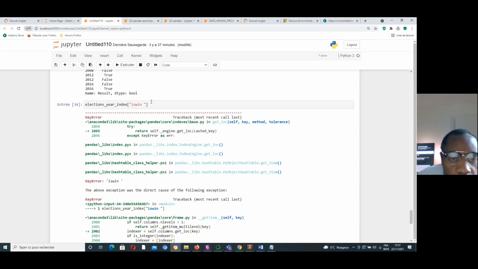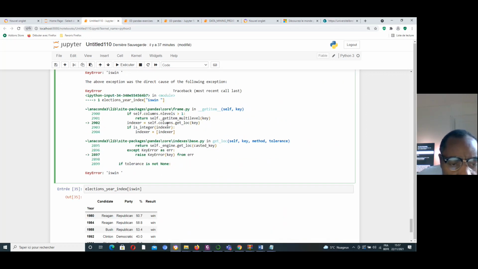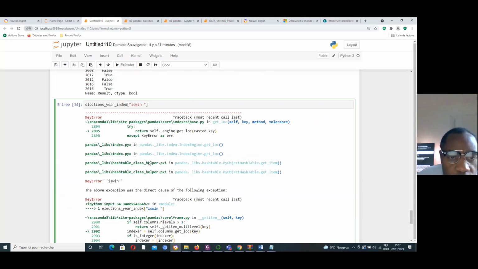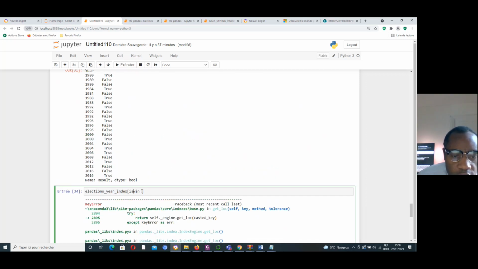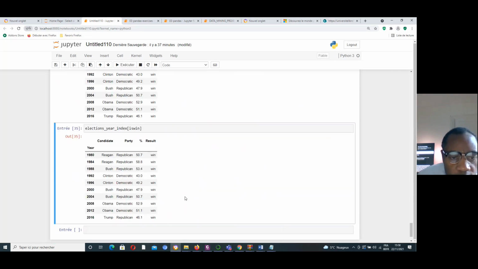Okay, I think that yes, I put it as a column. Normally it's not a string. It's not a string. Oh, it's not a string. Good.